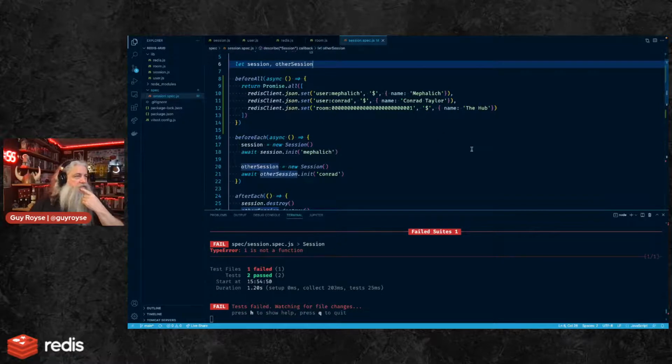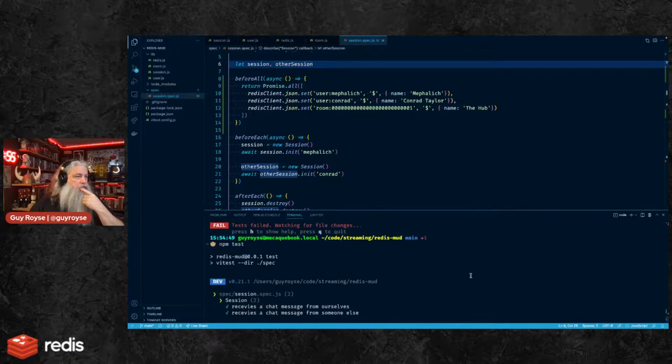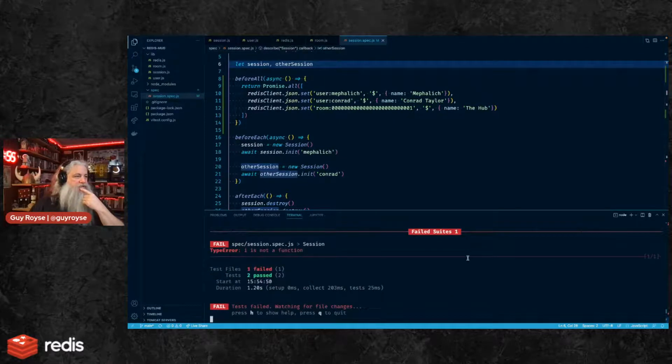I am not seeing this error at all. It's really annoying too, because all my tests are passing.